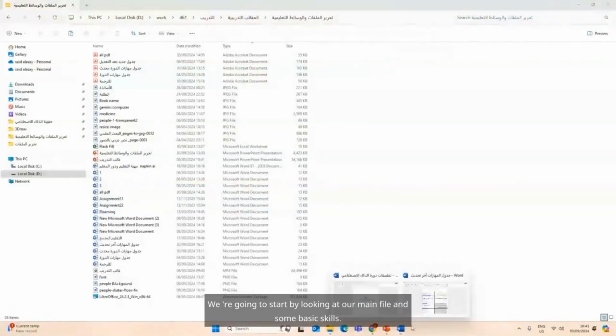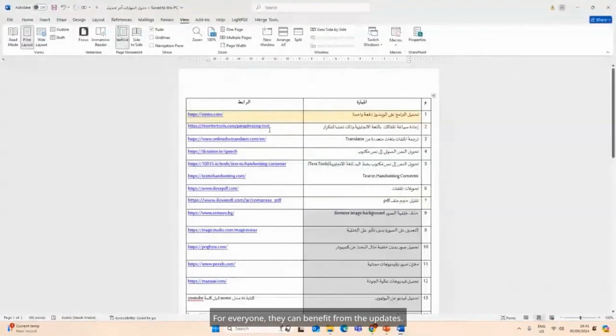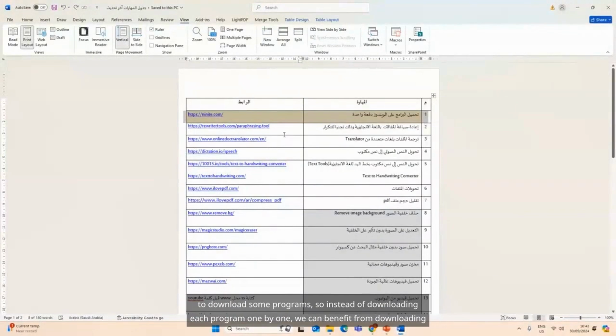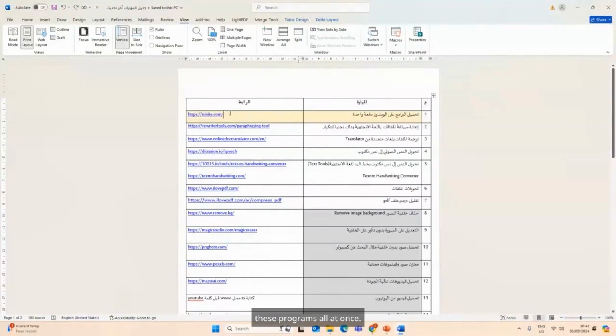We're going to start by looking at our main file and some basic skills. For everyone, they can benefit from the updates. The first site we're talking about is this one, through which we installed a new Windows and want to download some programs. So instead of downloading each program one by one, we can benefit from downloading these programs all at